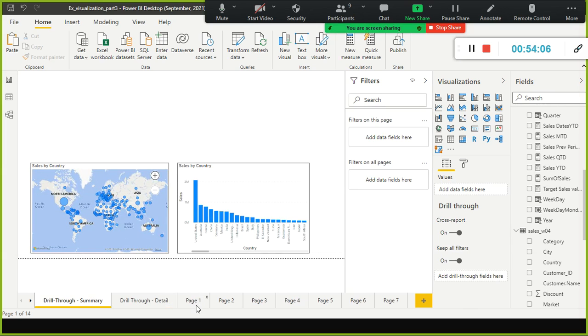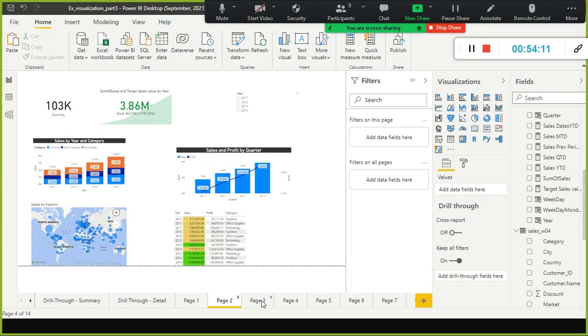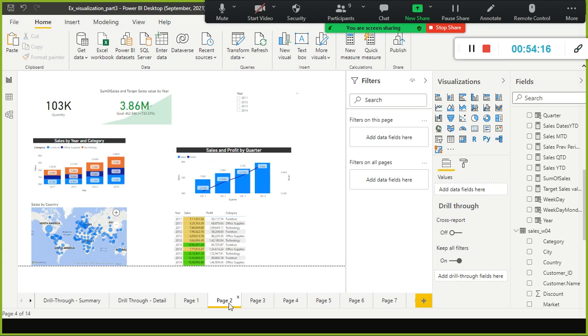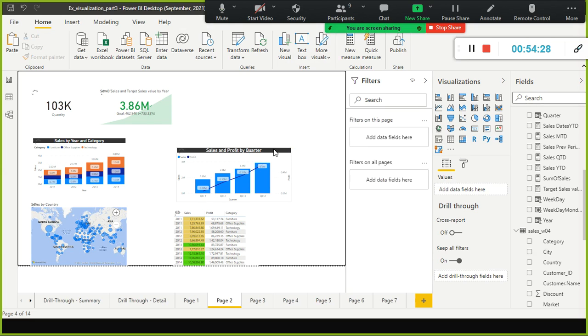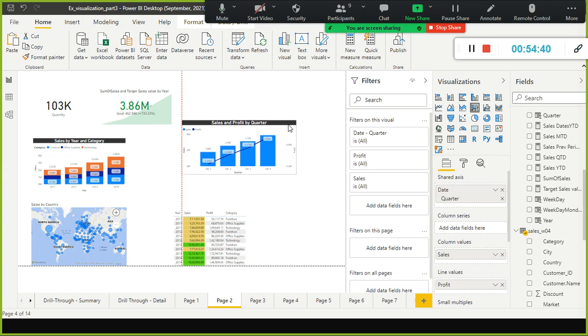But that is again on page 2, and that's why you need to use a separate thing. Okay, for the time being let us ignore this slicer. I'm going to delete this, remove this external slicer. Okay, now what I do is, we will try to understand the different types of filters.